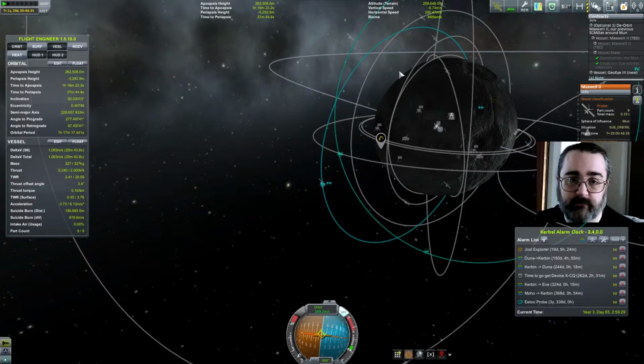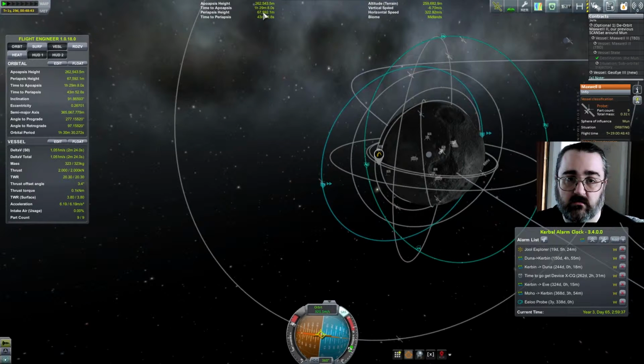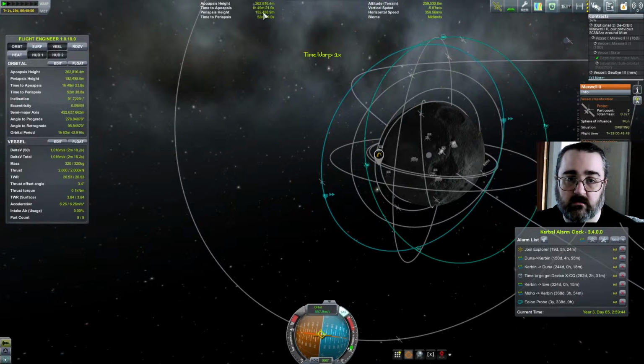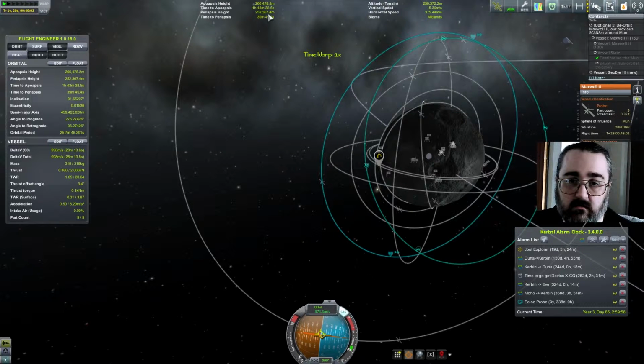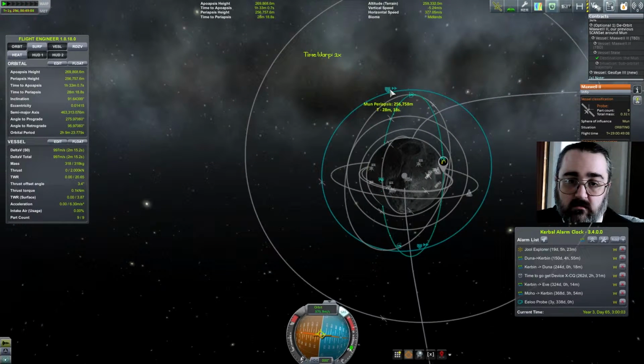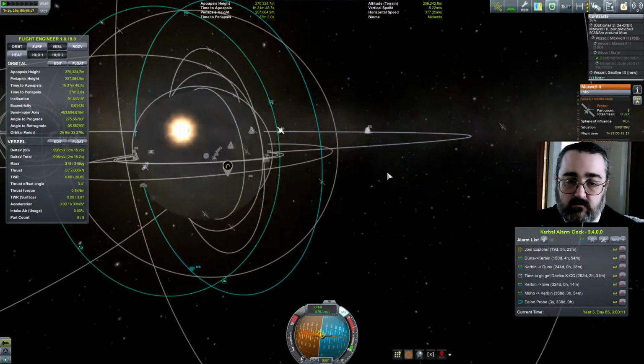Right, so that didn't help me. That didn't give me anything that I wanted. So I'm going to bring this back up. Okay. I think that's about as uneccentric as I can get this. Okay, so, right, let's try it with...